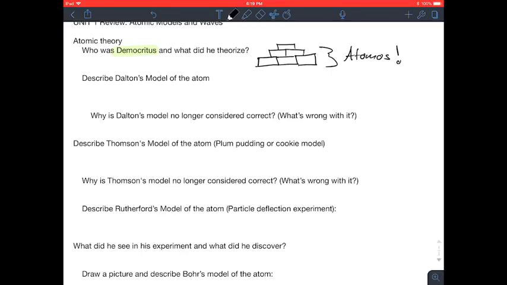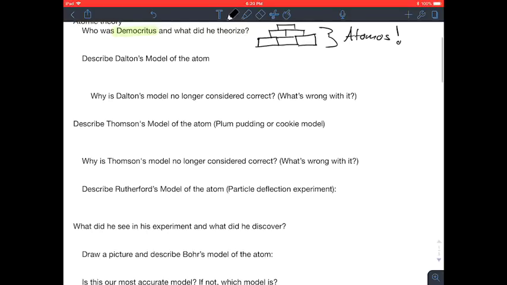All right, that's where we get our name for the atom. He said everything's made up of these very, very small things. They're indivisible. Atomos comes from the Greek word for indivisible. And you can't get them any smaller, and that's that. And it didn't really build too much more. It stopped there until we get to